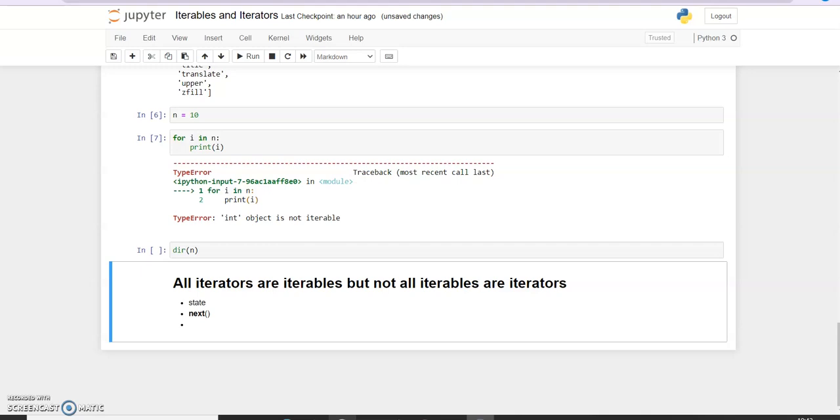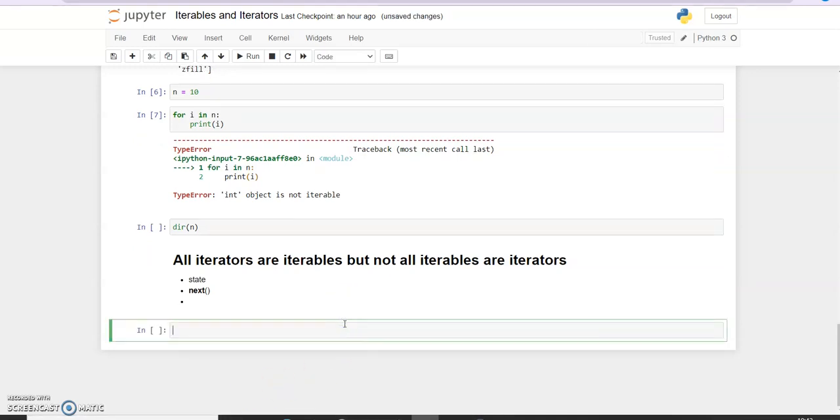This might be very much confusing for all those who are getting this for the first time, but if you watch this video till the end, then definitely you are going to understand the concept of iterables and iterators and this confusing statement in an amazing way. So let me add a cell here. But before explaining what iterators are, I want to tell you